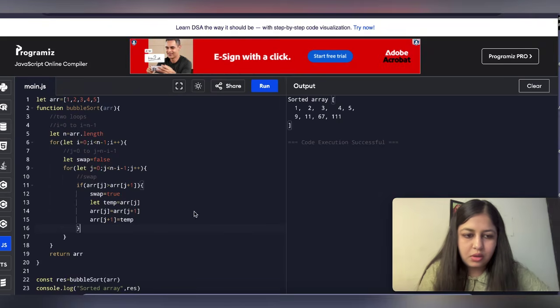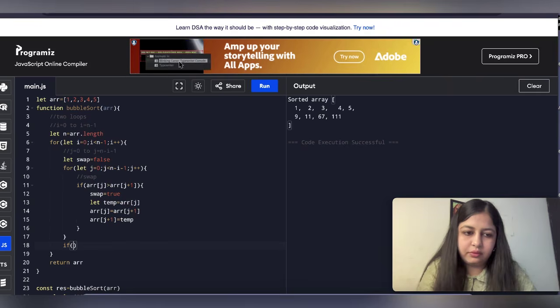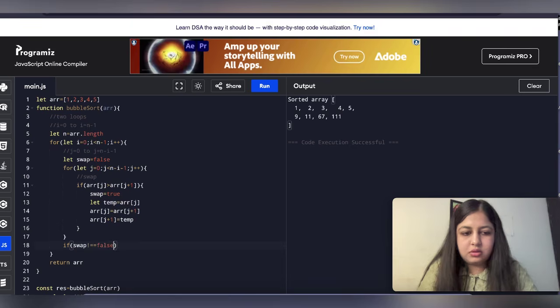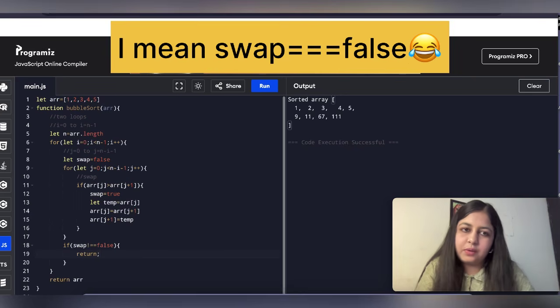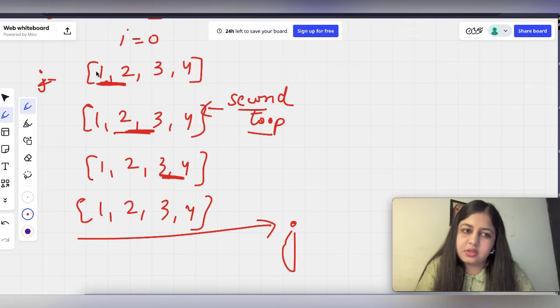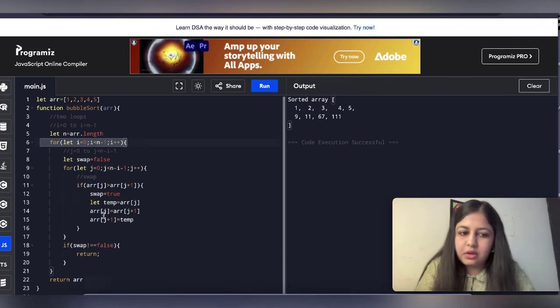So here we can do: if swap is equal to false, we can just return. In this way we have run just one loop and we are breaking the i loop, so it will not move further. If I run it,